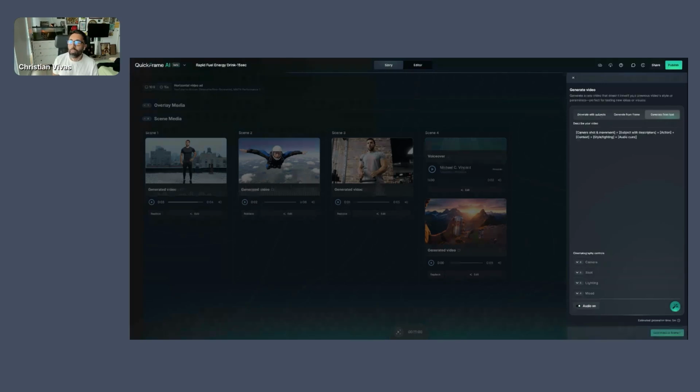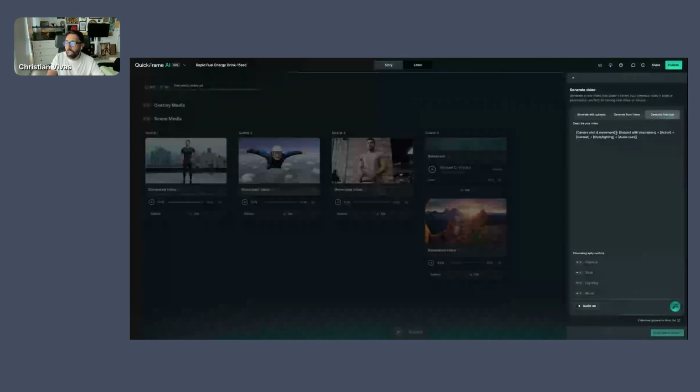Give a little bit of context to the model to know what is happening in the shot. The next thing is styling and lighting. And our final thing is audio cues. So we talk about dialogue, we talk about any other sound effects that you may want to hear in the background. The amazing thing about our cinematography controls is that it's replacing some of these things already.